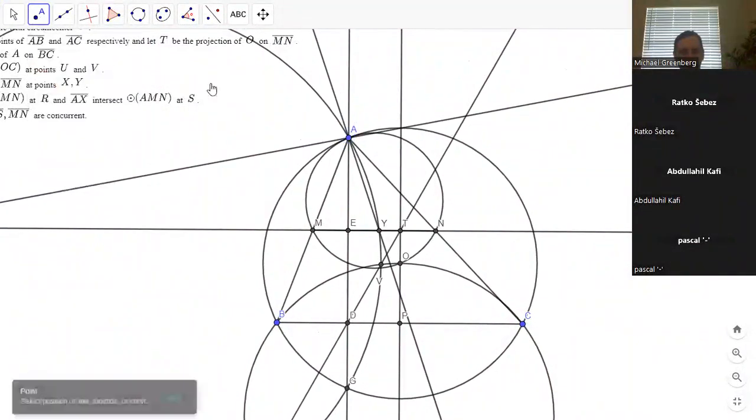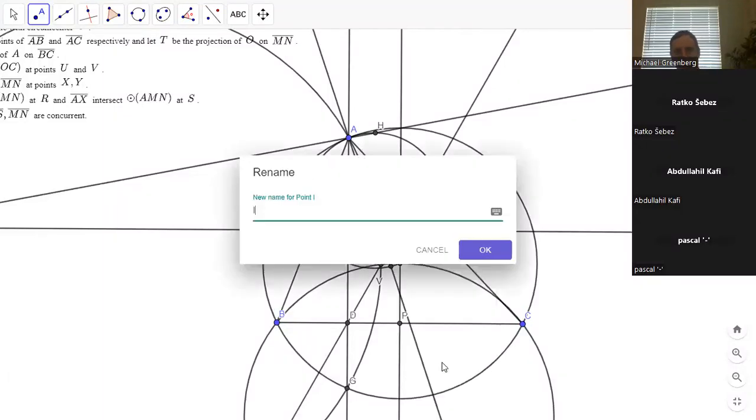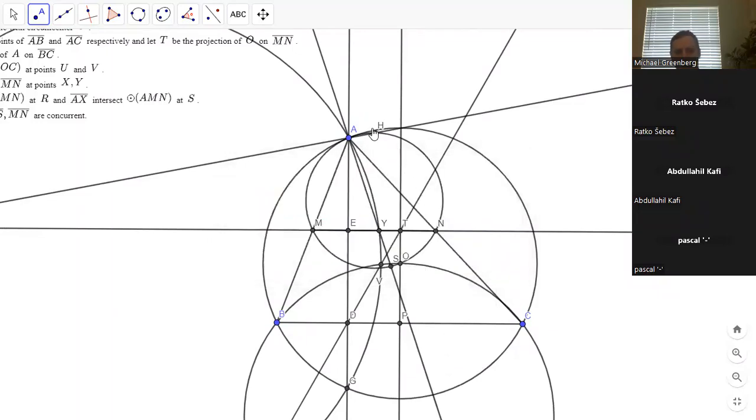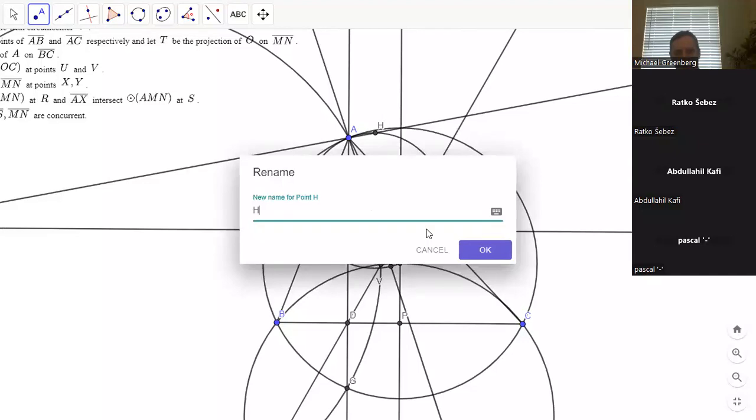It's not easy to draw it. There we go. So that's R, and then this would be S. I'm going to rename it in just a second. That's S. So this would be R,